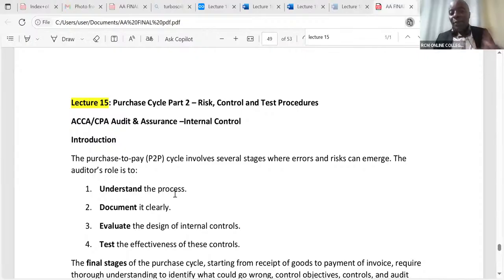So, ladies and gentlemen, please remember that the auditor's role as pertains to internal control systems is to understand the whole process, the whole controls. We have to document this. Then we evaluate the design of internal controls. Then we test the effectiveness of these controls. And depending on the findings, if we identify a few weaknesses here and there, then through the management letter, after we have given our audit opinion, we give what we call a management letter, which is a letter of advisory, where we are advising the